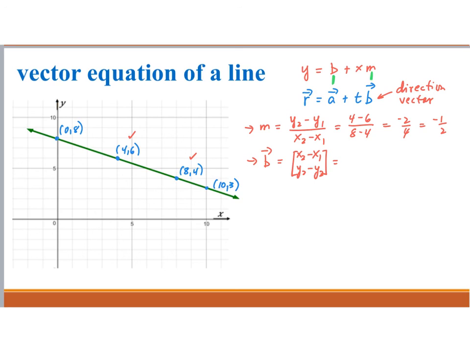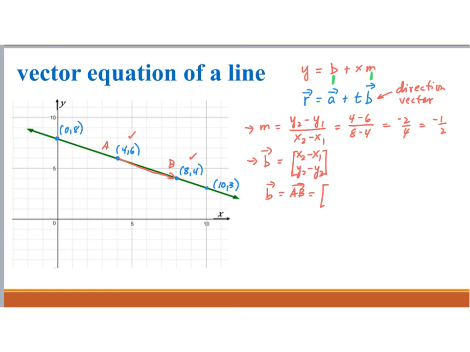While here, if we call this A and this B, and you want your direction vector to be AB, then it will be